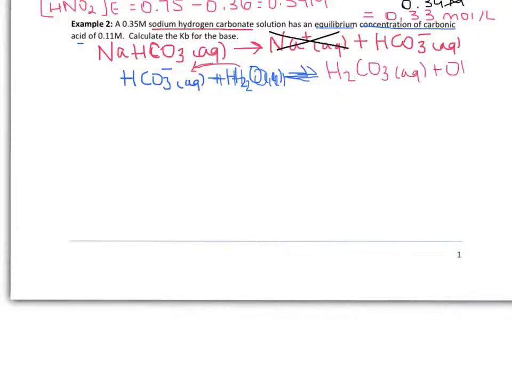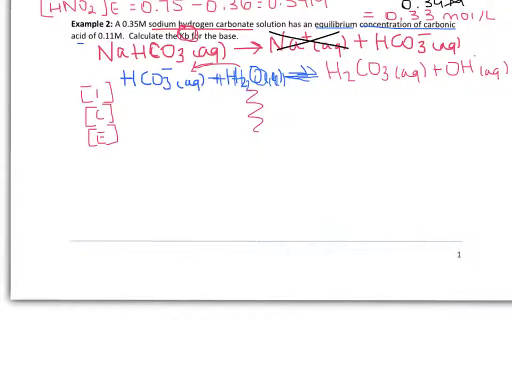and OH-. Another clue that this is in fact written correctly is that we have produced OH- and the question asked us to calculate the Kb for the base. And producing OH- is a hint that we do in fact have a base. We must now write out our ice table, keeping in mind that water is not included in the Kb value, so we don't need to worry about it